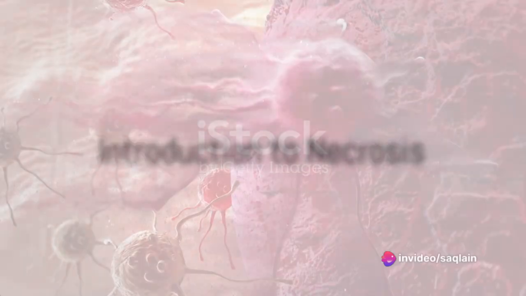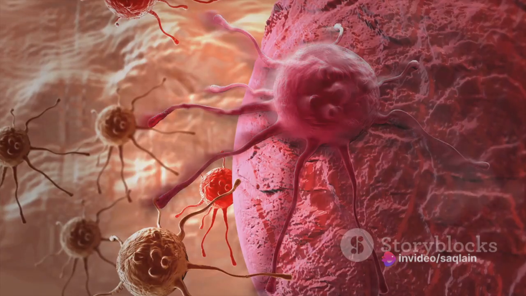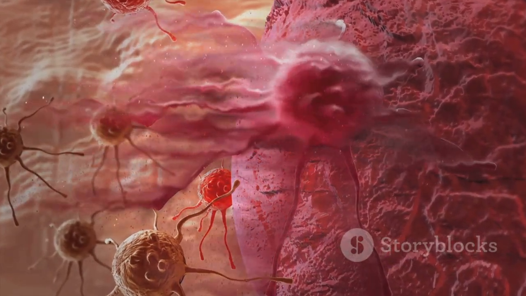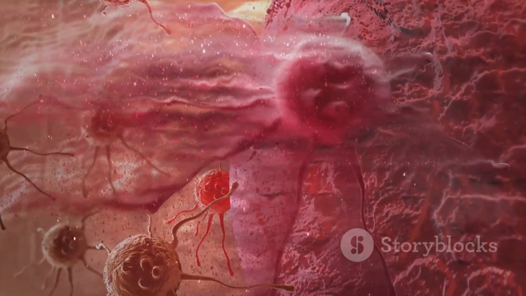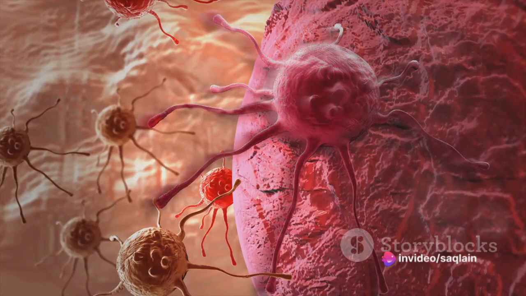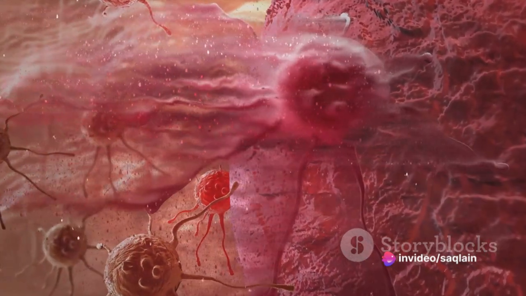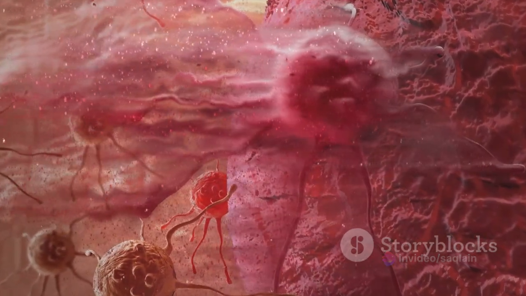Have you ever wondered what happens when cells in our body die prematurely? Well, the answer lies in a process called necrosis, a type of cell death that occurs when cells are exposed to adverse conditions, such as injury, infection, or toxins. Unlike apoptosis, a more controlled and programmed form of cell death, necrosis is more like an unplanned, chaotic exit that